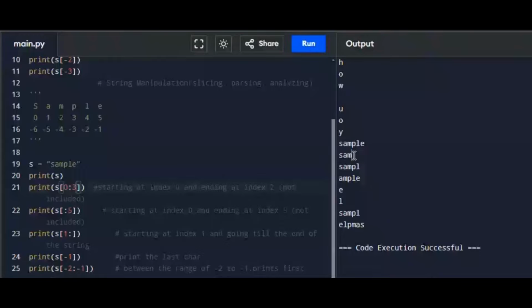I'm not mentioning the starting index. I'm mentioning only the end index, which means it starts from the 0th index and ends at 5. So what is the fifth index? The fifth index is E, but this index will not be included,